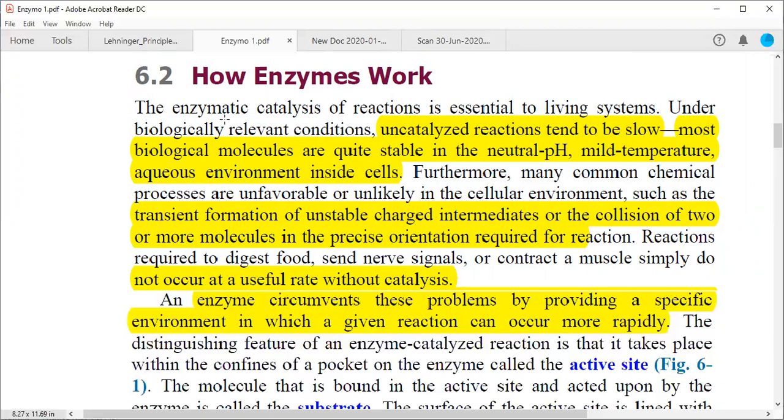Under biologically relevant conditions, uncatalyzed reactions tend to be slow. Most biological molecules are quite stable in neutral pH, mild temperature, and the aqueous environment inside the cell, because our cells have this kind of atmosphere. It is an aqueous environment, the pH is neutral around 7.2, the temperature is also mild, so everything is fine. But without catalysis, these reactions will tend to be slow. Now the question is,